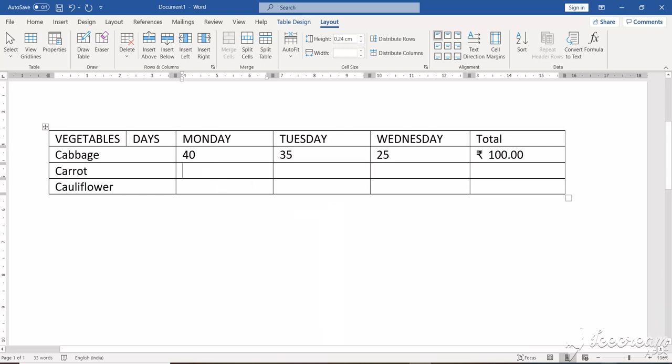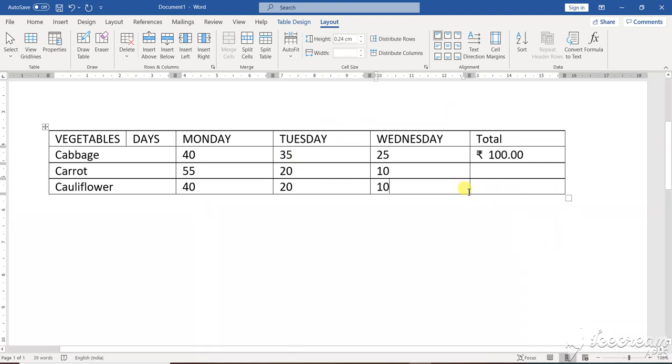More values here. Suppose 55, 55, then suppose 20, then suppose 10. Okay, now here I am giving the values, suppose 6, 40, then suppose 20, then suppose 10.